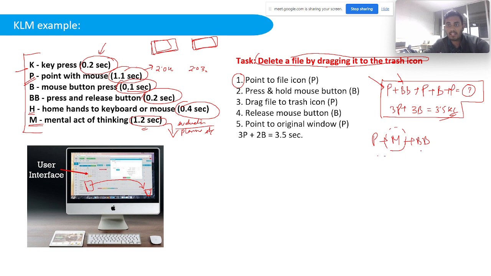You can see that by looking at the user, or you can ask the person if he needs some time to make certain decisions. If he needs mental processing, you can use the mental operator M. Now the timings used in these models are approximate, and this does not affect the overall outcome, because generally KLM is used